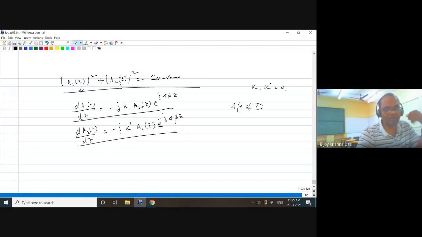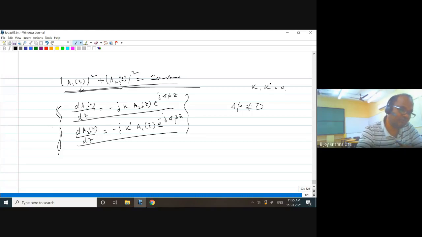And I know that whatever coupled equation I have derived, this energy conservation should be satisfied. Coupling between two things, right? So can you just prove that using these two equations? Using these two equations, prove this one without solving. Directly you use these two equations and try to solve. It is possible to solve. I want you to think and solve it. This is your task.